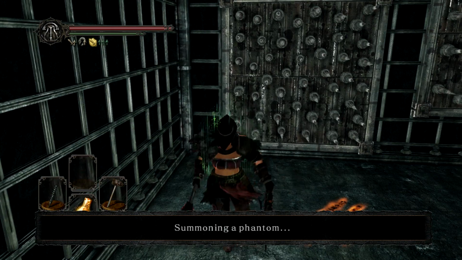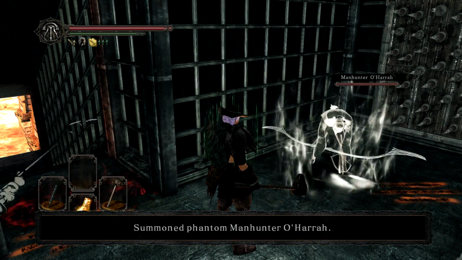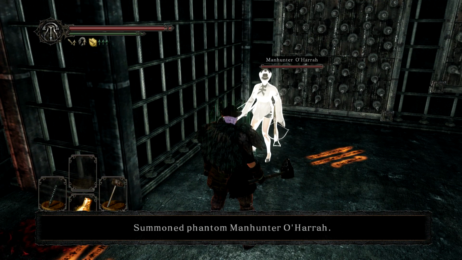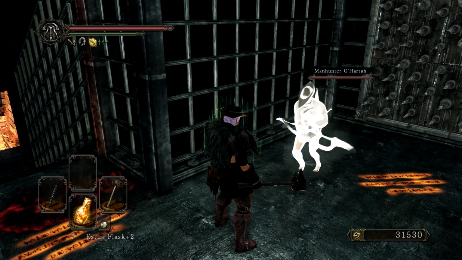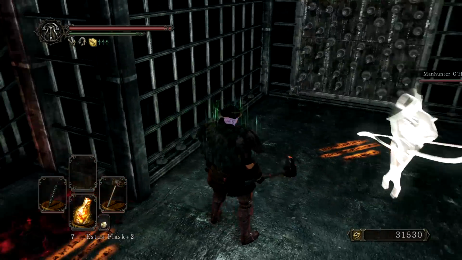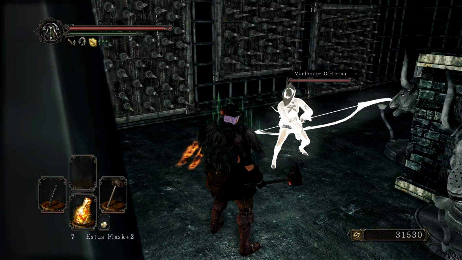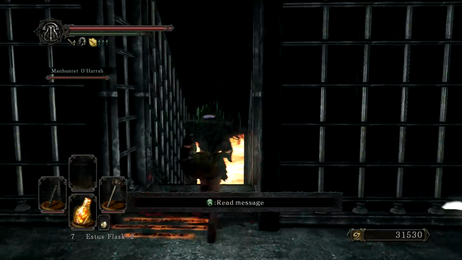But anyway, let's summon Manhunter O'Hara, who I think is an awesome summon. Let's look at all the reasons that she's awesome. She's got an excellent hat. She's got a great bow and a crossbow. She has, honestly, the legs that I want. She's just super cool. And she's going to help us fight the boss